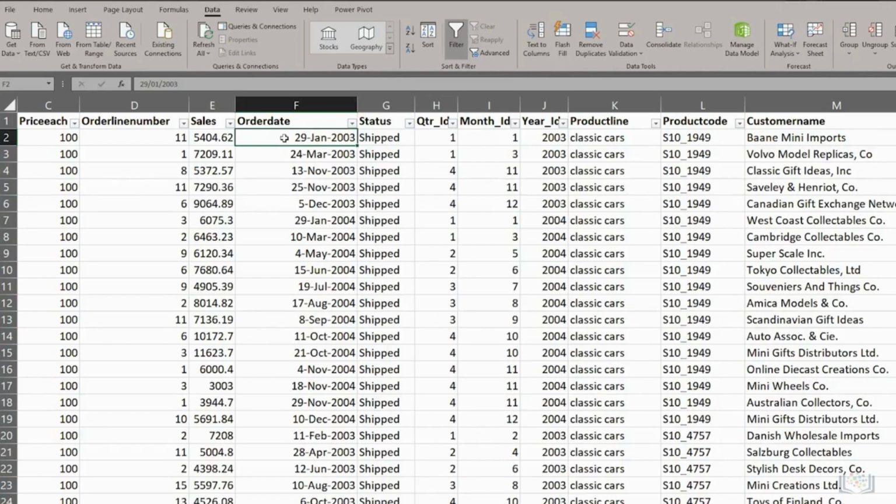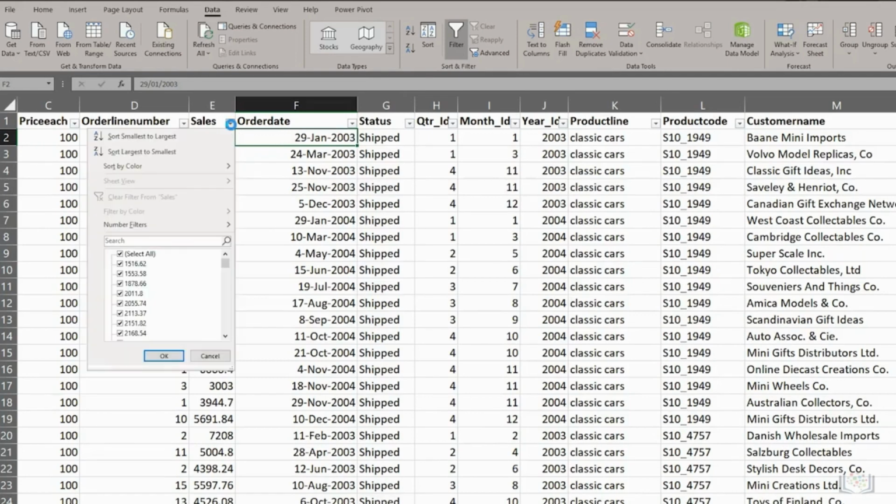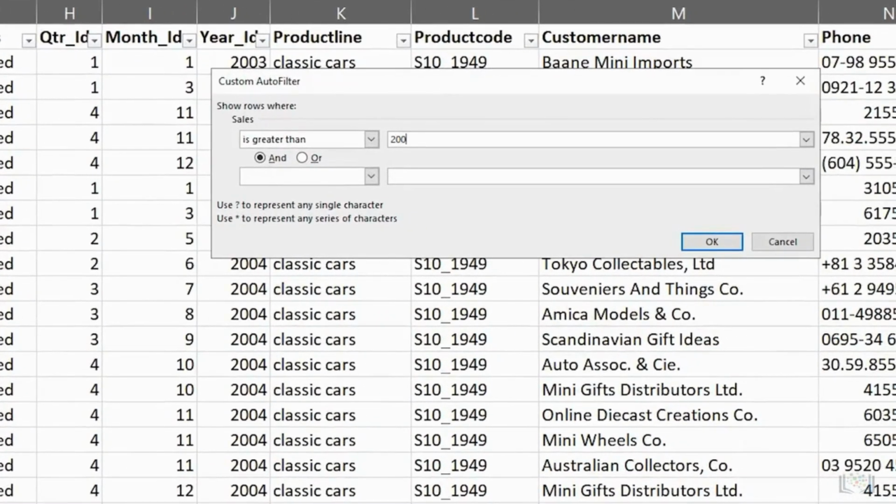So far, we've used what are commonly referred to as auto filters, but you can also use custom filters to specify other criteria to apply to a filter to text or numbers. For example, if you wanted to see sales orders that are over or under a certain value, you can do that with custom filters. For the Sales column, let's add a number filter that only displays sales that are over